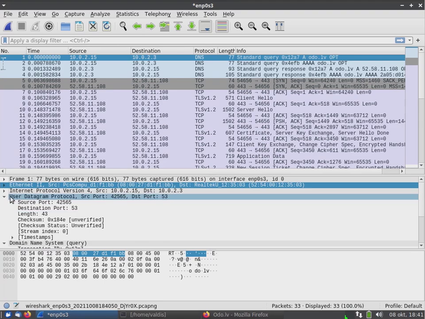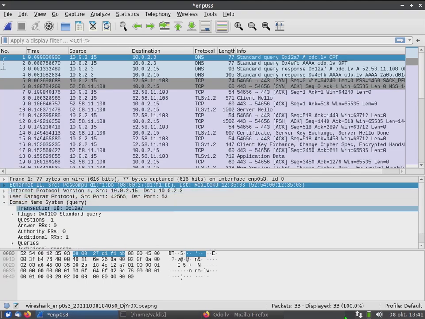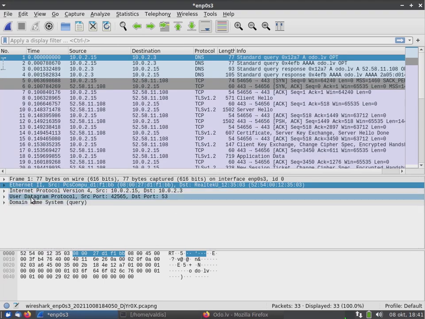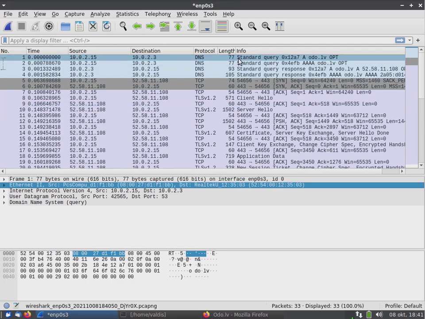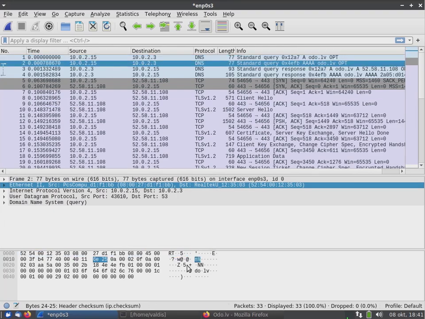This information, what is the domain name server for this particular computer, is usually given by the DHCP protocol, the dynamic host configuration protocol. So it asks the local DNS server what is the IP address for odo.lv,